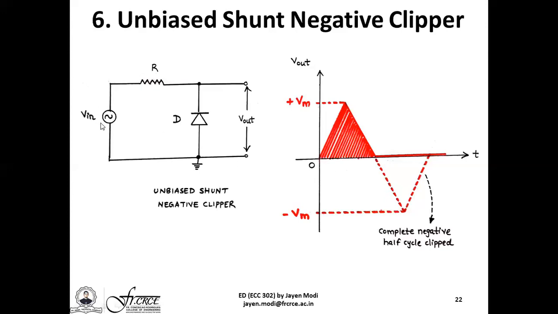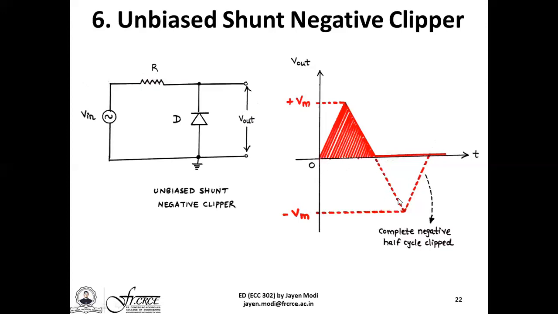When the AC input signal now enters the negative half cycle phase, the topmost part becomes minus, the bottommost part now becomes plus. The negative part is applied to the cathode, the positive part is applied to the anode. The diode is now forward biased. It will turn on, behaving like a typical short circuit. And when the diode is behaving like a short circuit, the output voltage across it will of course be equal to 0 volts. You cannot have any potential difference or any output voltage across a short circuit condition.